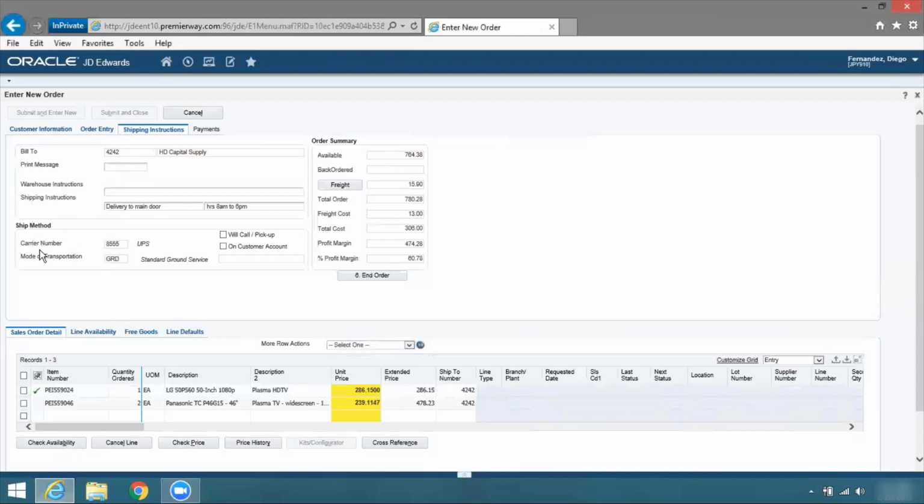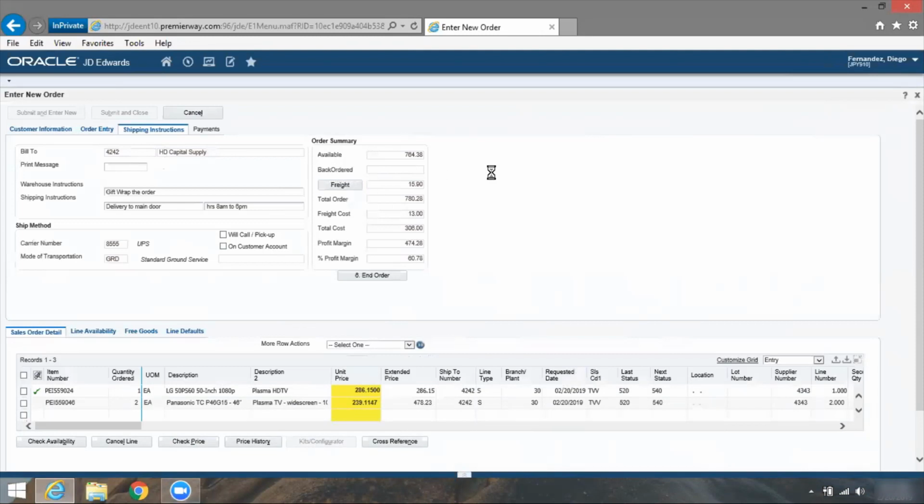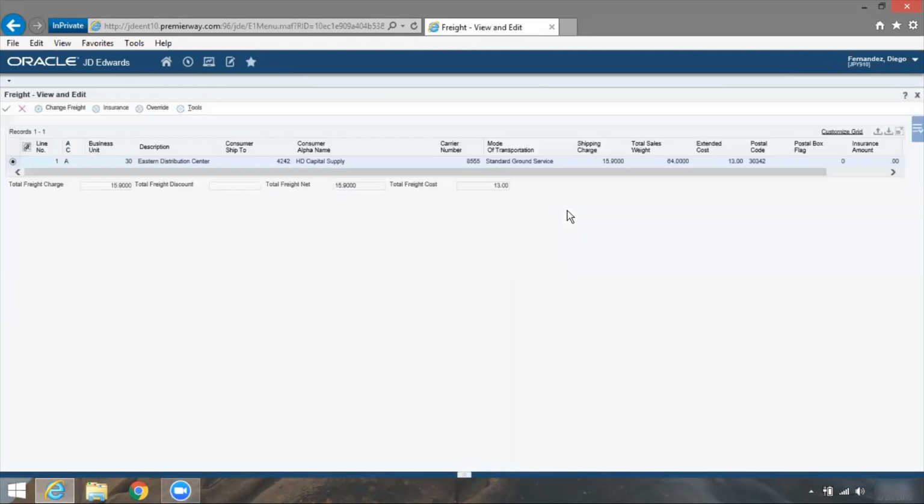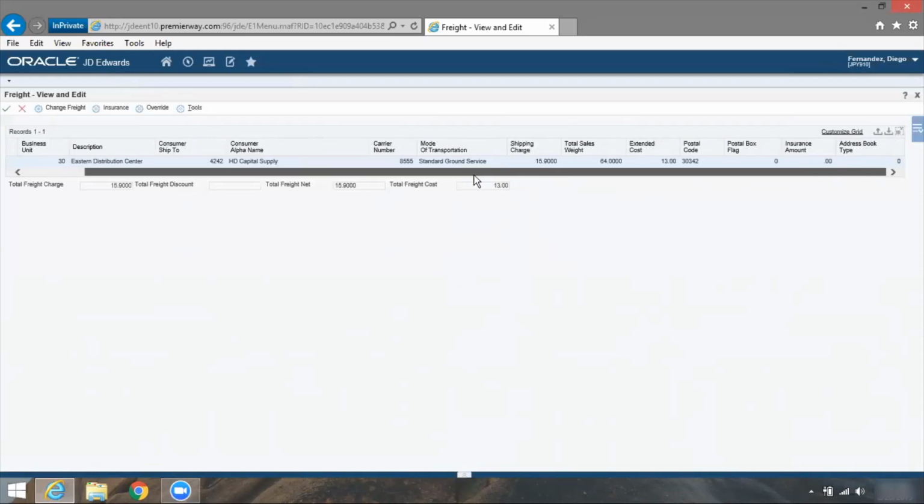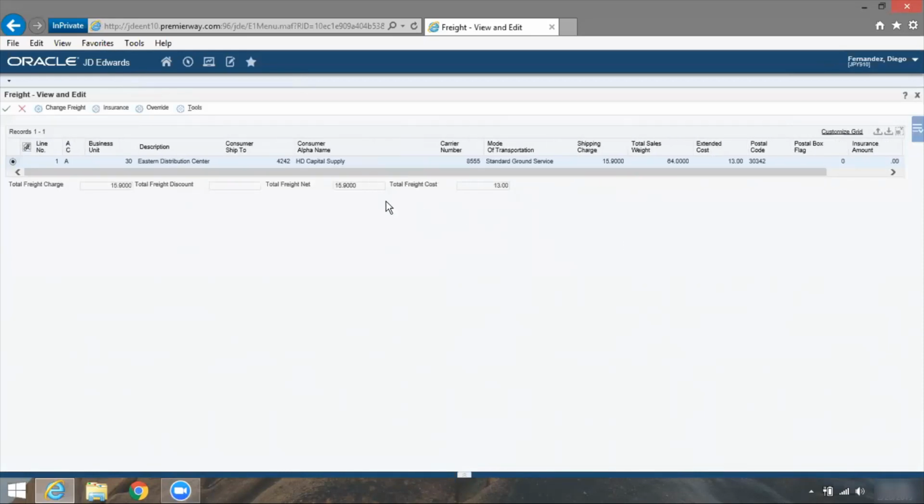I've got the carrier number, the mode of transportation, a couple different accounts over here. There's one for on customer account if I'm actually charging that to the customer's own freight account. I just clicked on the freight button right here, just in case I wanted to update freight. So this is included in the module. So all the freight charges that you see coming through here are going to be the same. These will be the same charges you see whether you're using the point of sale system or